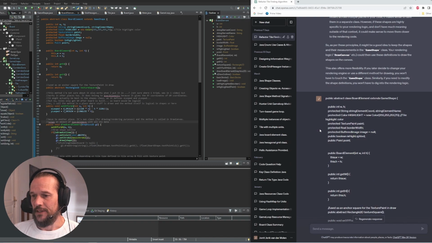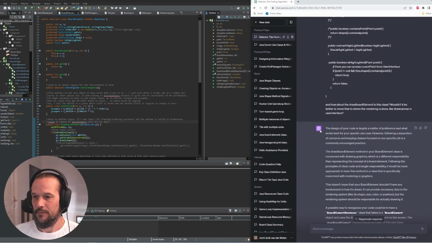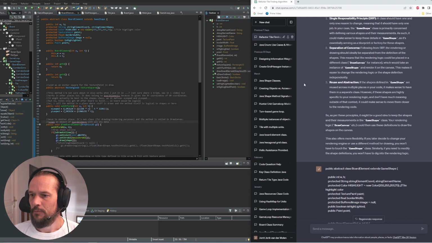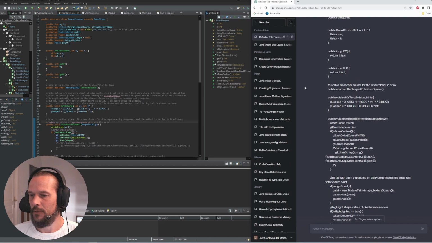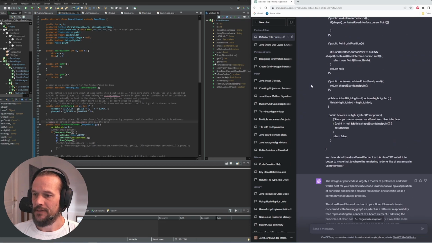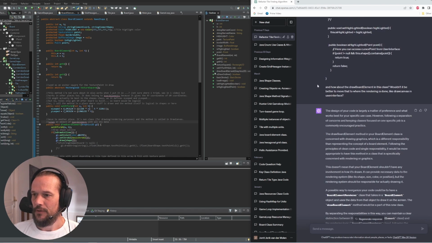So it tells me that the way I do it might actually not be that bad, that I define all this shape. And does it tell it here? Keep scrolling. At some point, it also tells me that I kind of use the factory principle a bit with that. Then I ask about the BoardElement class, where I have a draw BoardElement method, and if that